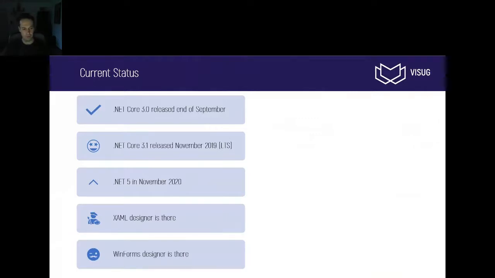You could create a new project, you could open the form, and it would show up. But as soon as there were a few controls on there, or you added some styling, then the entire designer was just broken. It didn't work at all. And then that's been getting better and better, and it's actually in a state right now where it's usable. I haven't managed to make it crash in quite some time. So that's good.